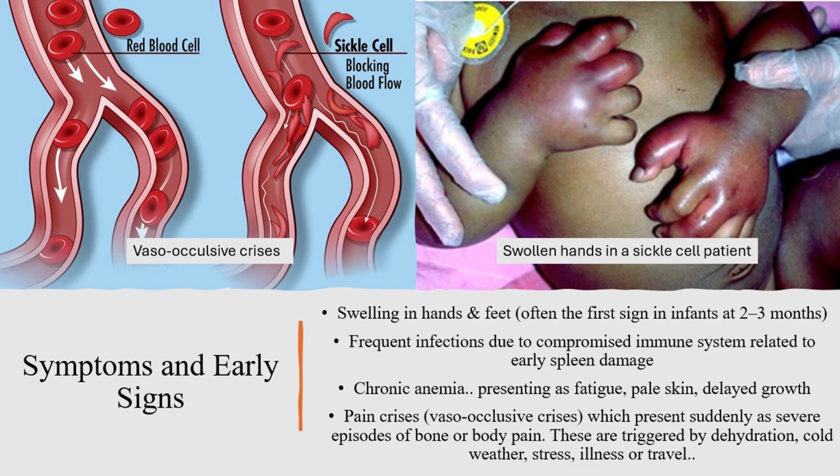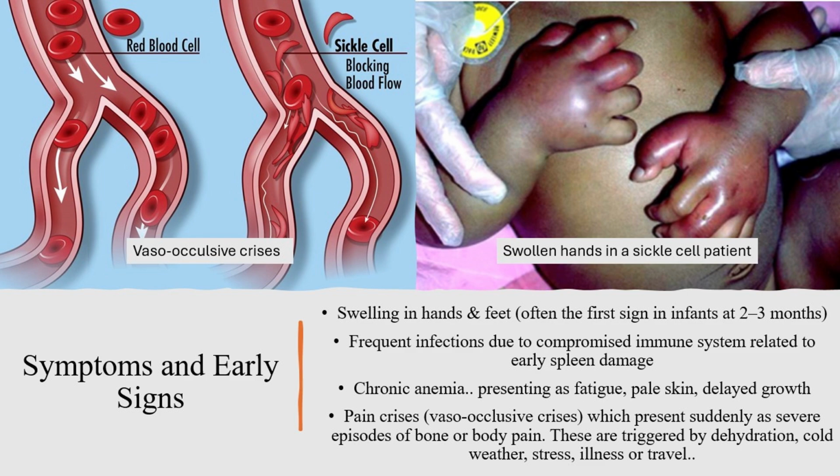On the right, there's a photo of a child with swollen hands. This is a child in Africa. And the swelling of the hands is actually termed dactylitis. It is often the first recognizable sign of sickle cell disease, and it usually occurs between about 2 to 3 months old in infants. This happens when those tiny blood vessels in the hands and feet become blocked with these sickled red